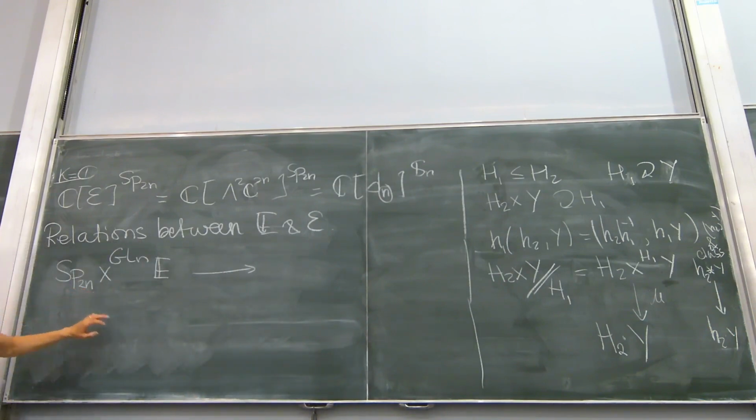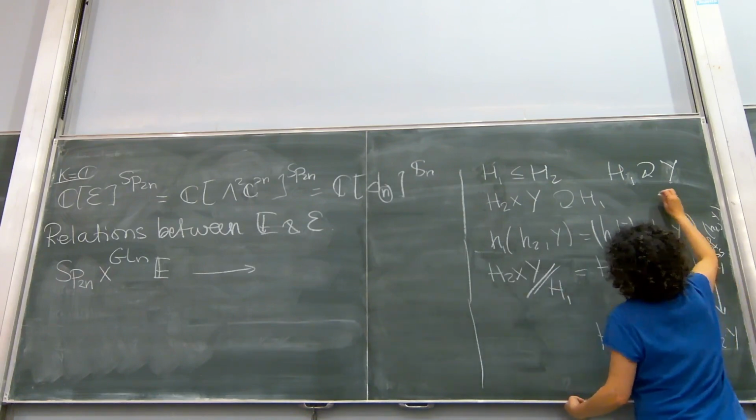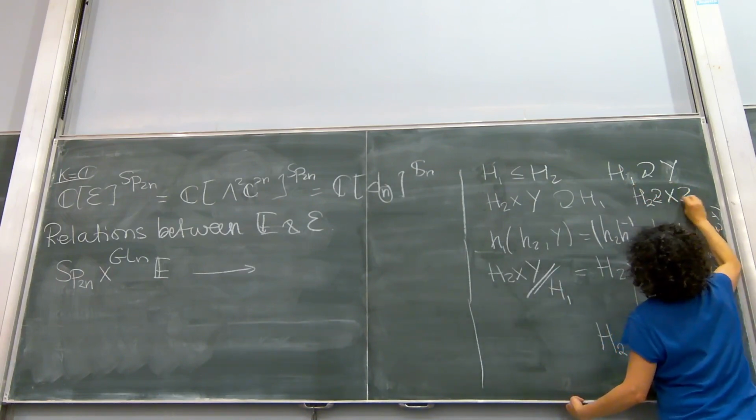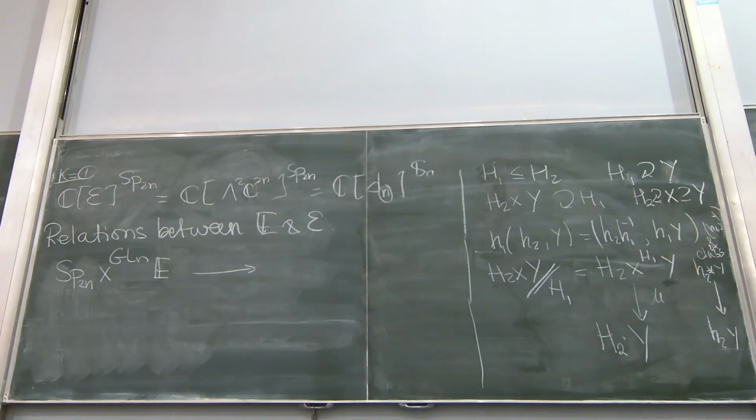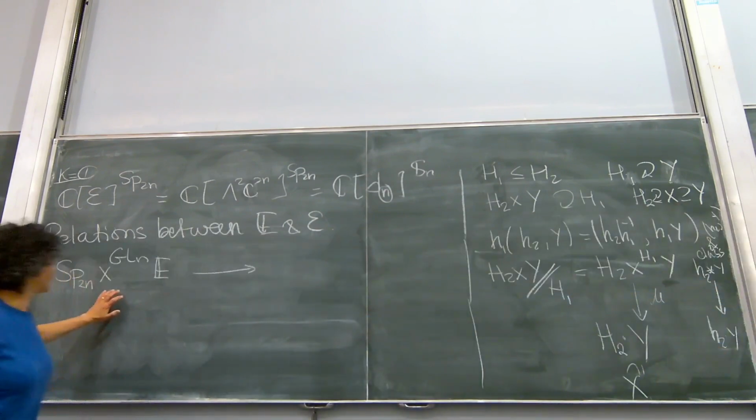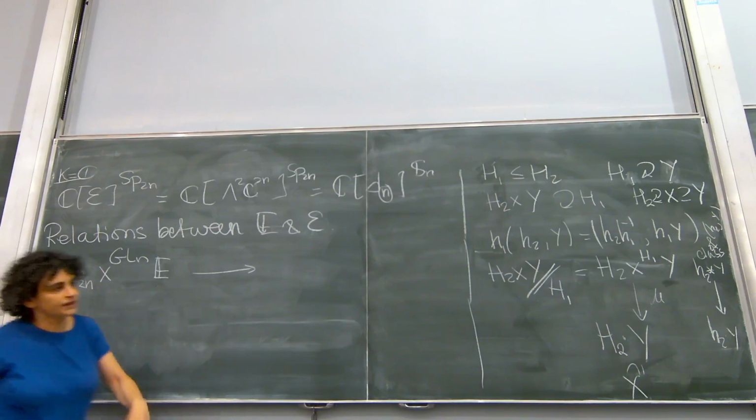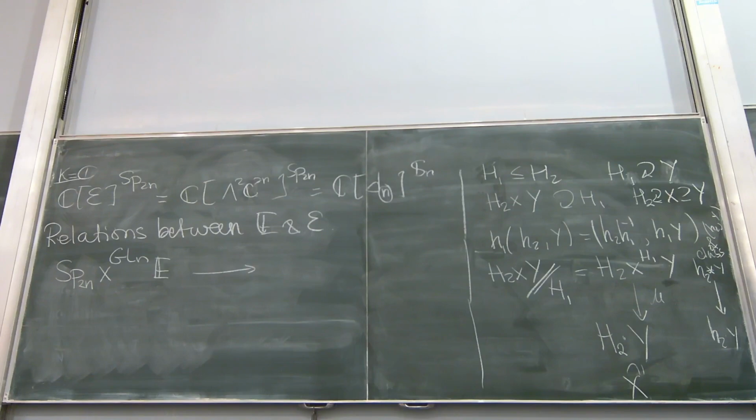okay, but Y was included in something where H2 acts. Exactly. So H2 acts on some X which contains Y. So yeah, probably this is what I should have said. H1 acts on Y and H2 acts on some space which contains Y, and then this makes sense. Okay, I'm sorry. With this identification, if you keep this in mind and you keep also Sp2N as contained in GL2N, you have this inclusion of GLN into GL2N,